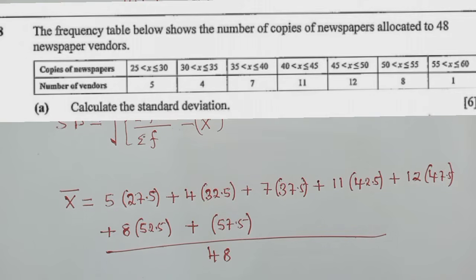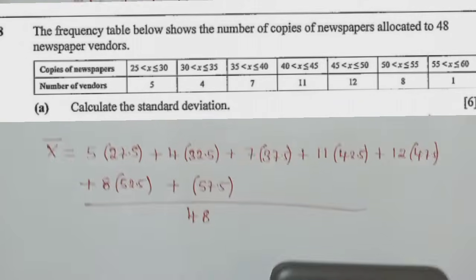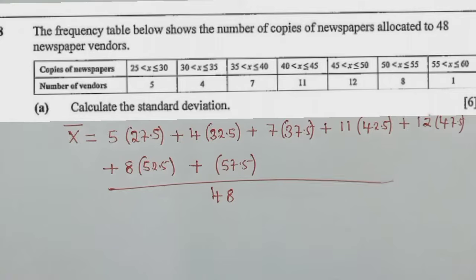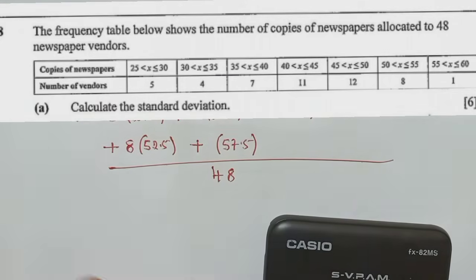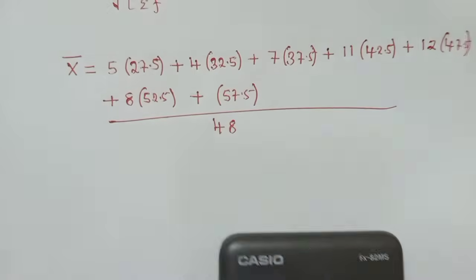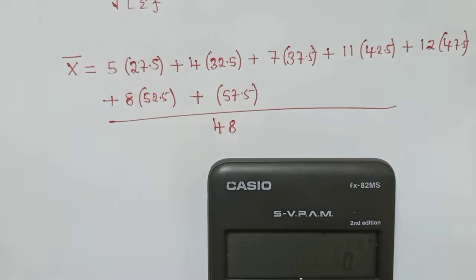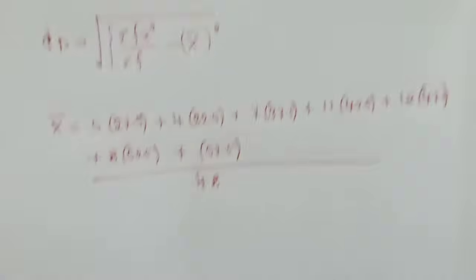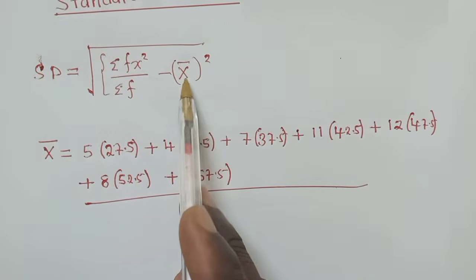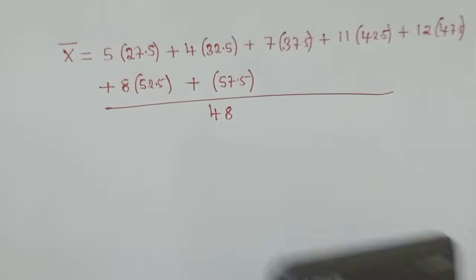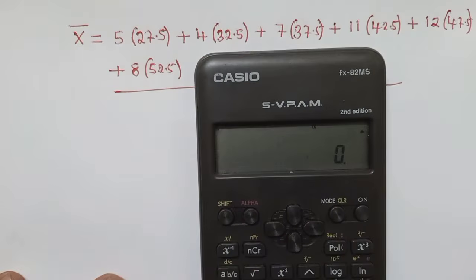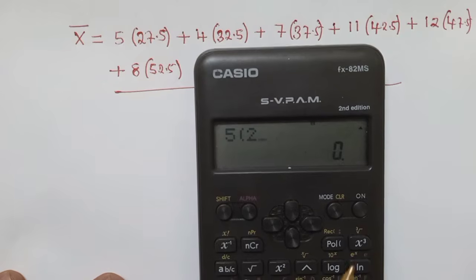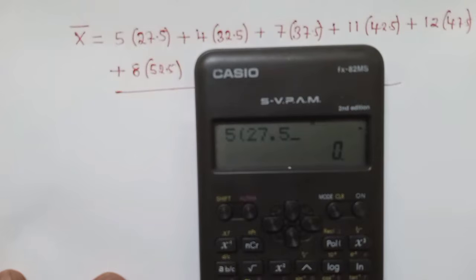So now after doing this, we punch on our calculator to find the mean, because we're doing all this to find the mean that we're going to put right here in the formula. So we'll start with 5 open bracket 27.5 close plus 4